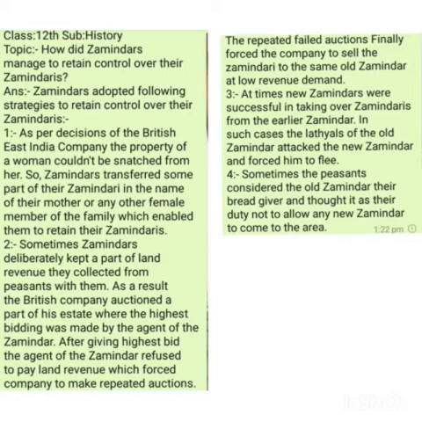And as per the decisions of the British East India Company, the property of a woman could not be snatched, could not be taken over. So, when the Zamindars were given ownership rights of a vast area of land, at the same time, the Zamindars used to transfer some part of their Zamindari in the name of their mother or any other female member of the family, because by transferring the ownership of the land in the name of his mother, in the name of his sister, or in the name of his daughter,